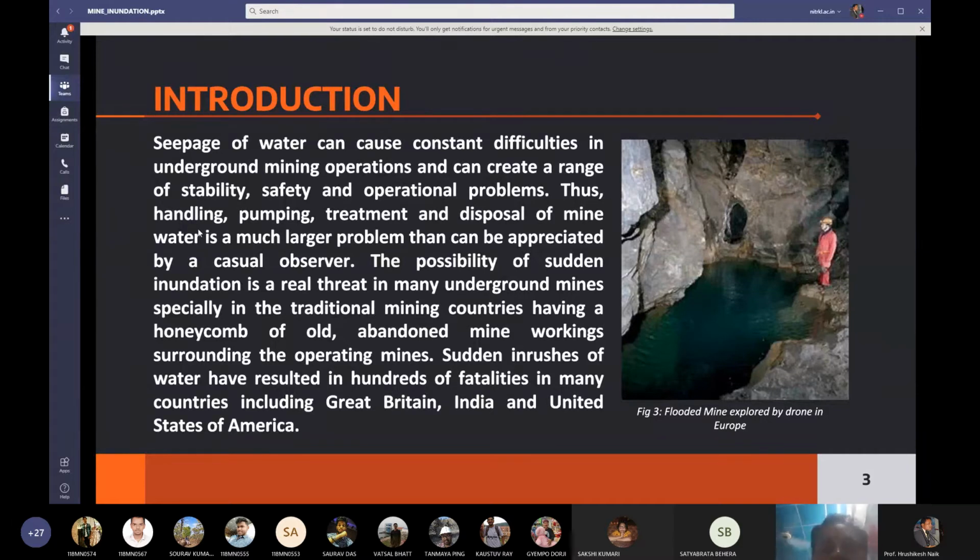Thus, handling, pumping, treatment, and disposal of mine water is a much larger problem than can be appreciated by a casual observer. The possibility of sudden inundation